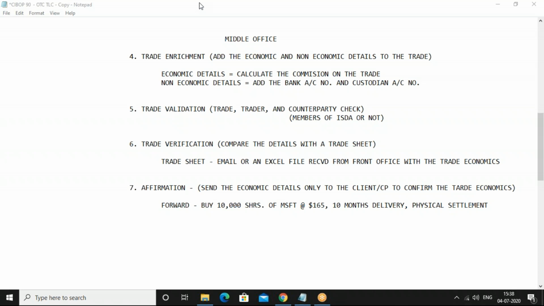Okay. Now let's talk about core operations. Then I'll link the affirmation step with the core operations side. Now in core operations or back office, the first step again is trade confirmation. Here, what we're going to do is draft the ISDA agreement, and both the front office of the client and the broker